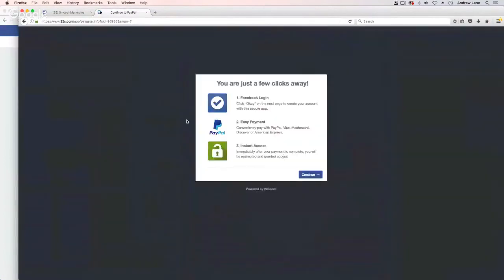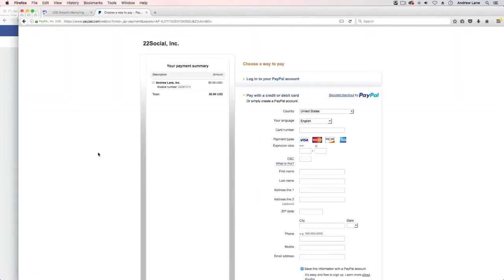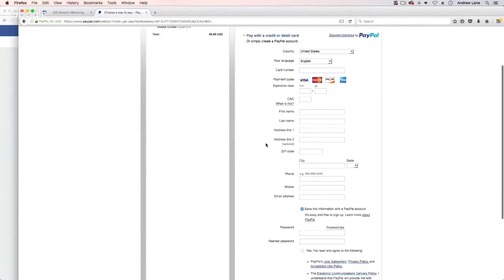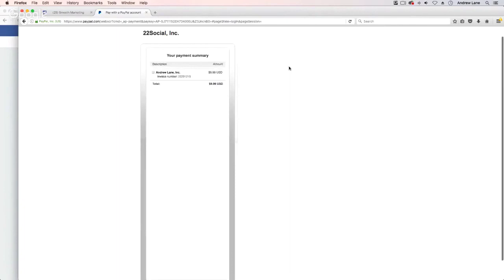All right. They see these 3 steps: log in with Facebook, PayPal, instant access. I think he's already logged in. Maybe not. We might see the verification screen. Probably. I think I've already tested with this user. So right now it's verifying because he's already logged in. Normally it'd be pretty quick. It would show the PayPal or the Facebook thing. Yeah, so it's actually already full price. I identified Joey already because he'd already logged in with Facebook. And now you're going to see the information, the price here. They could buy with a card, or you can just click to log in with PayPal, and it's full price,